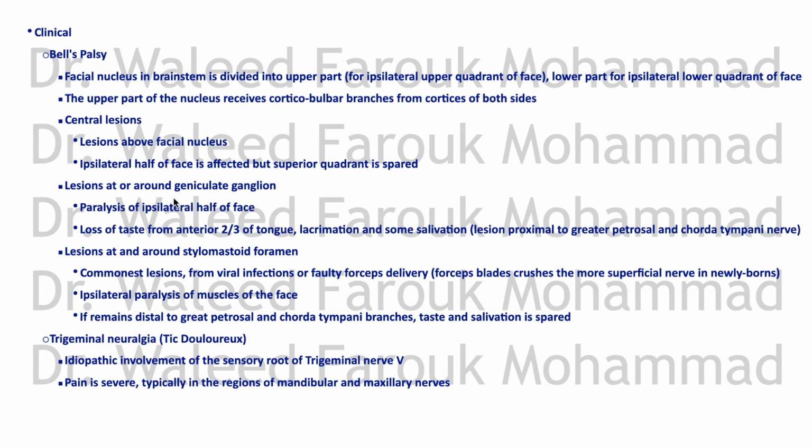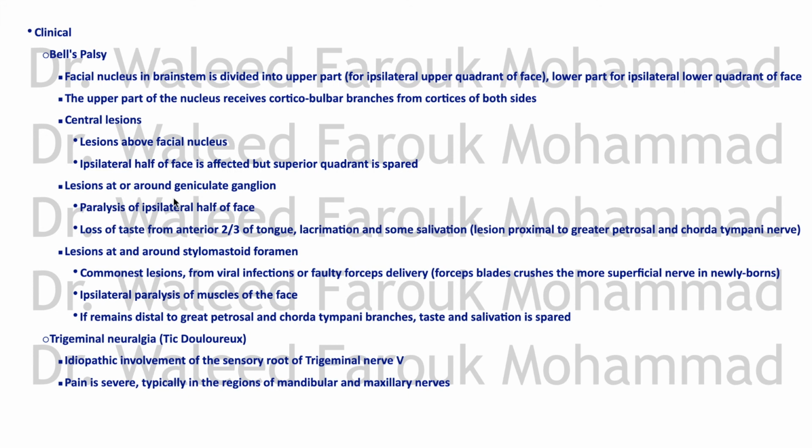So all this will be lost. So there will be loss of lacrimation and loss of salivation at the side of the lesion. See, there's a difference now. Above the nucleus, it was only motor, but now it's motor, taste, and loss of